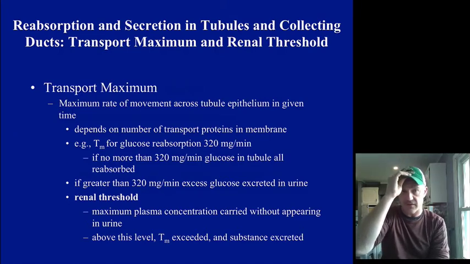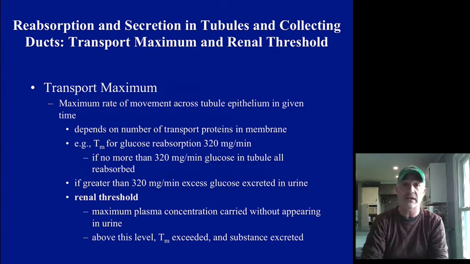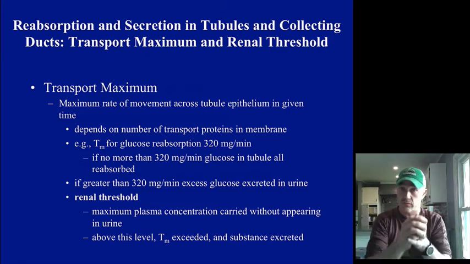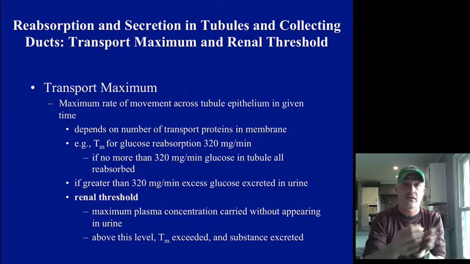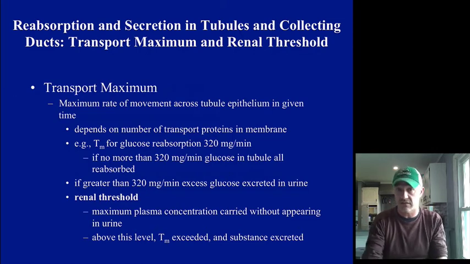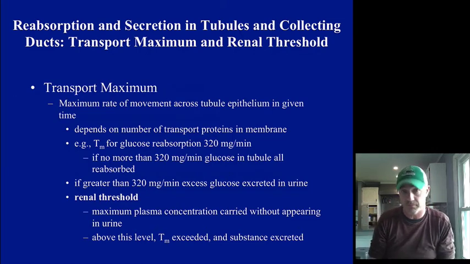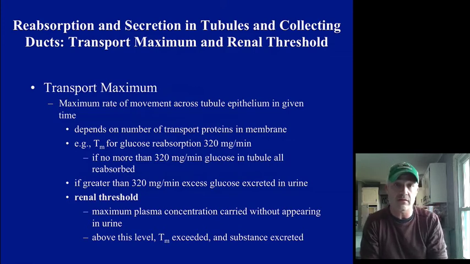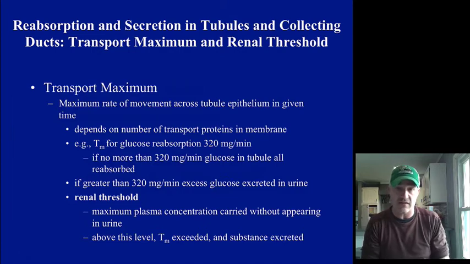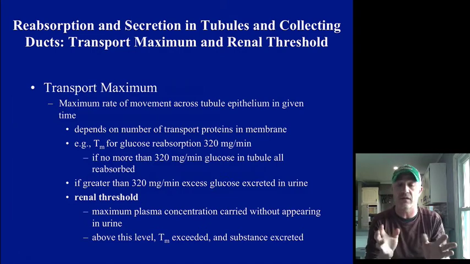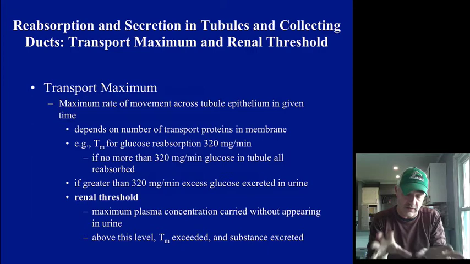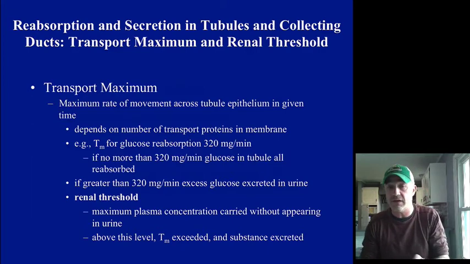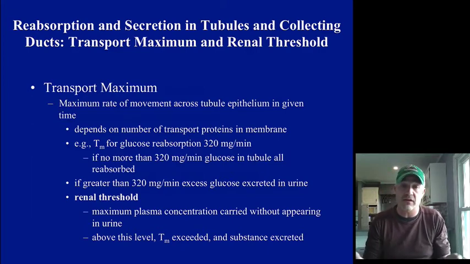Your blood glucose levels are getting so high, we try to reabsorb as much as we can, but because it's basically saturating these transport mechanisms, anything that's in excess of that maximum amount, that transport maximum, is going to end up in the urine, and that's how you end up with glucose in your urine with different types of diabetes. So the renal threshold is that threshold level that a substance can be in the plasma without it ending up in the urine. Anything above that renal threshold,